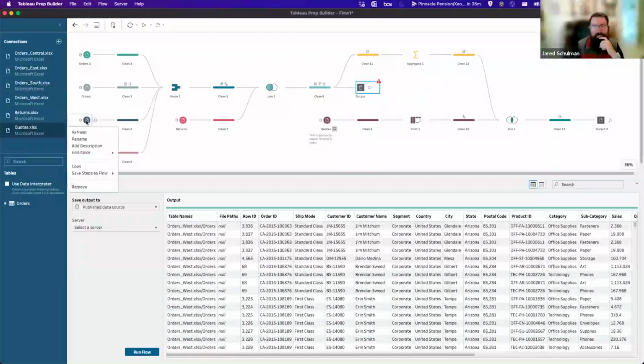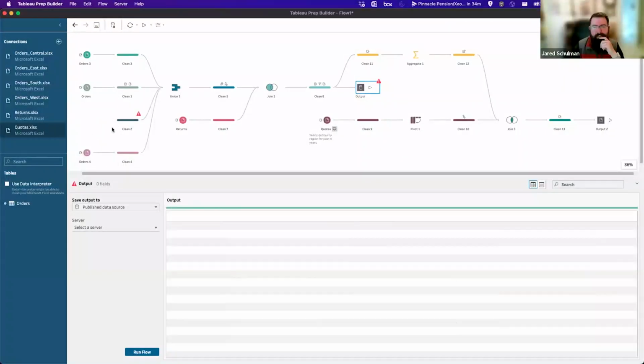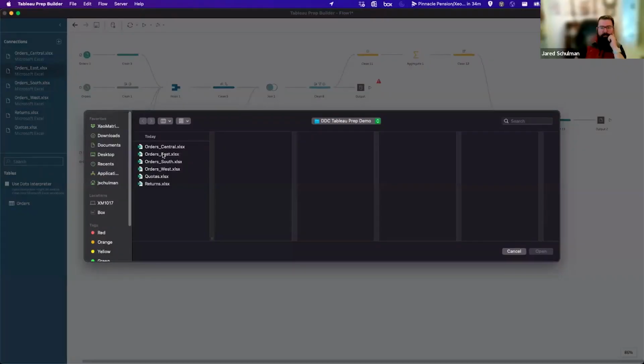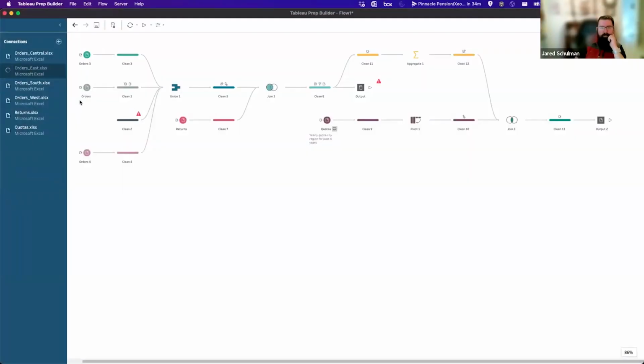Yeah. So for example, if I wanted to swap out that orders table, which actually I don't remember which one that was now. I guess that was probably East. So if I needed to plug a new file in there, I could edit this data source and pull in whichever file I want to use. And after it's done loading, it gives me the tables that I can pull in.